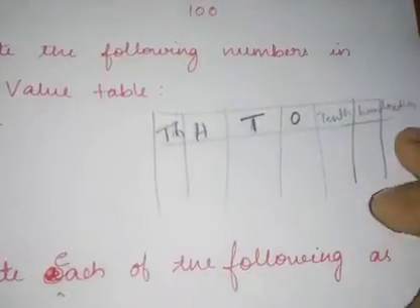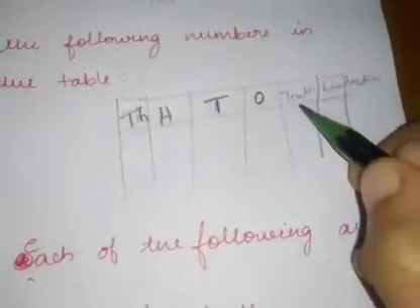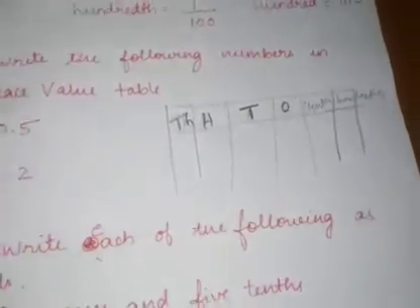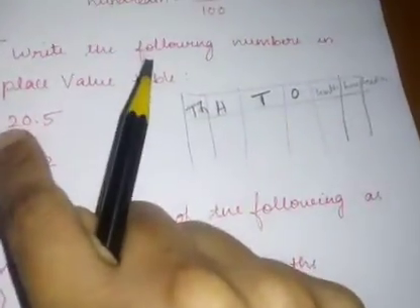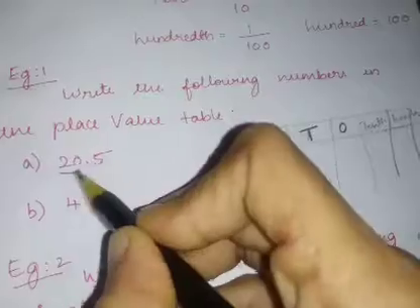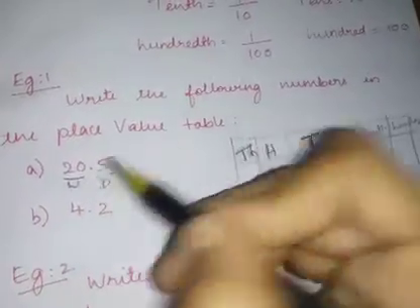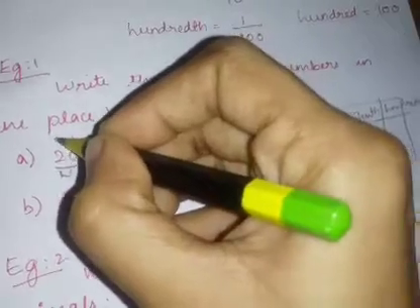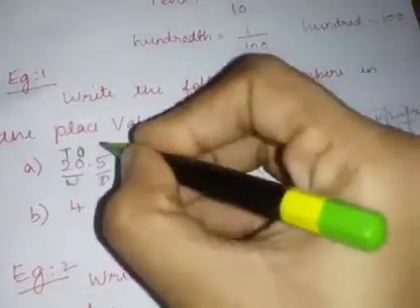Along with that, towards the right side there will be tenths, hundredths, like that some table will be there. Now our task is to write these numbers in this table. So first, this is your whole part, this is your decimal part, that you know, right? So how will you name the whole part? Ones, tens, that's all. In the decimal part, the first value is tenths.